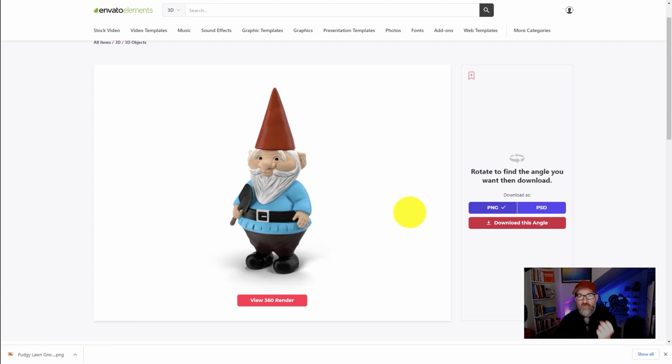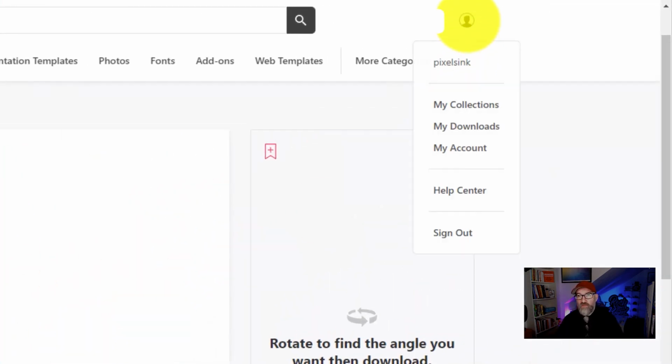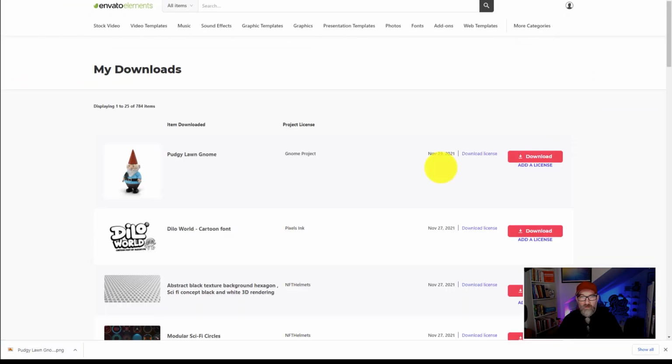Let's say you want to use that gnome, that same angle, but in a different project. What you need to do is license that for that other project. So you can go up here to your account menu, and if you go to My Downloads,